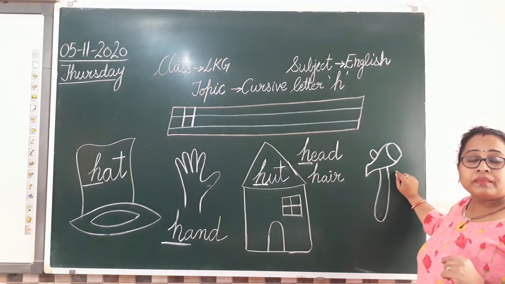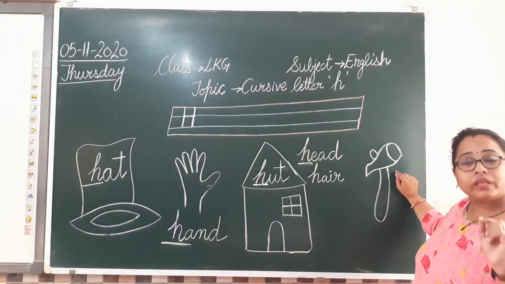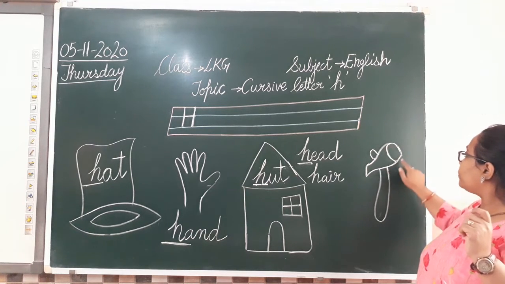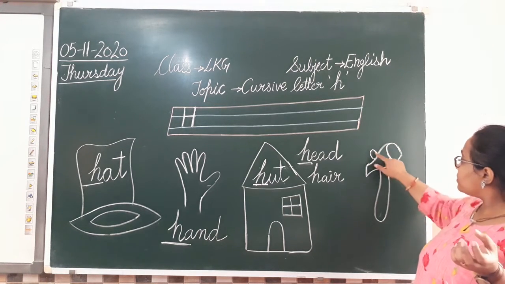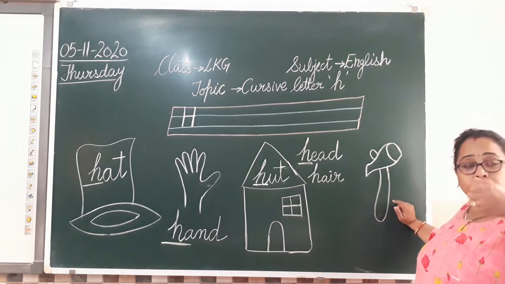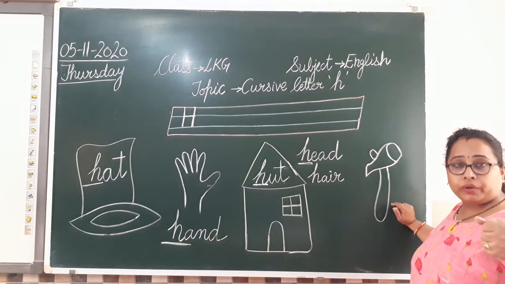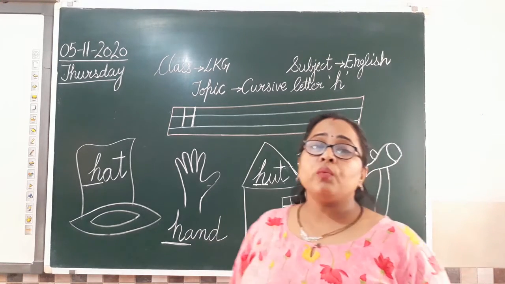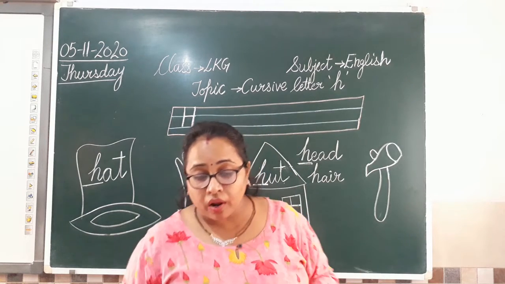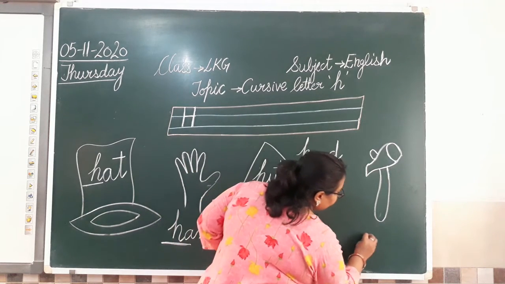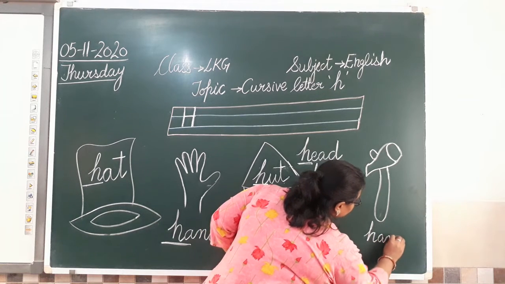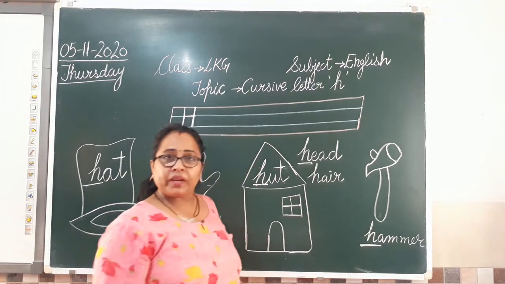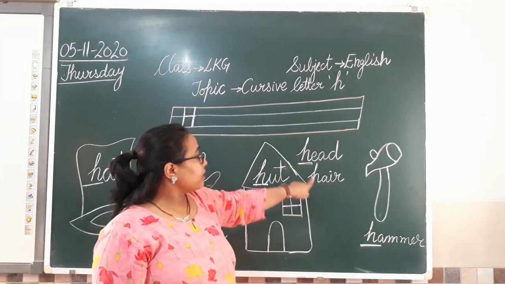What is it? Hammer. Yes, हथौड़ी सुनी है आपने? You might have seen. It's a tool made of iron. ये वाला जो part होता है, it is very heavy iron. And this hand portion, the one which we hold in the hand, is made of wood. So this particular, it's a tool. एक तरह का tool होता है, and we call it hammer. What we call it? Hammer. So I'll write that. Now again, I have written the same alphabet. So we have head, hair.